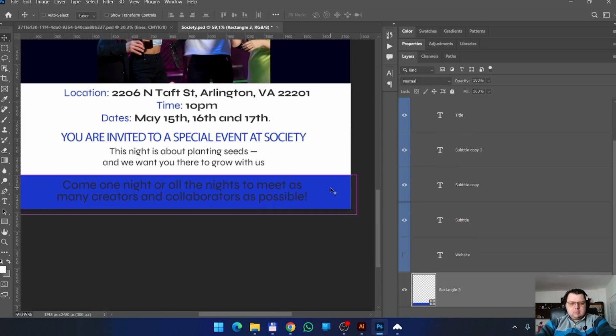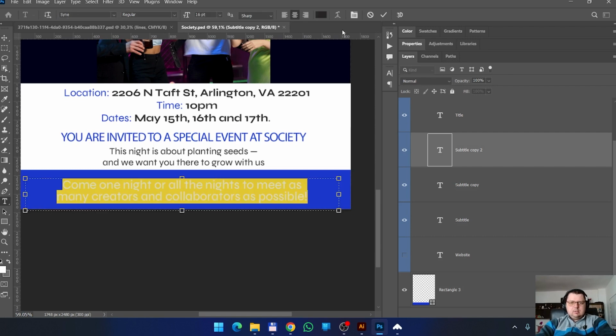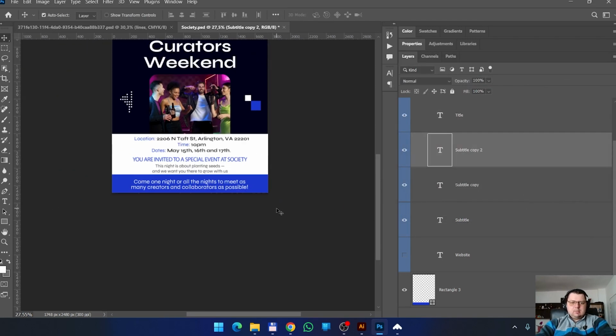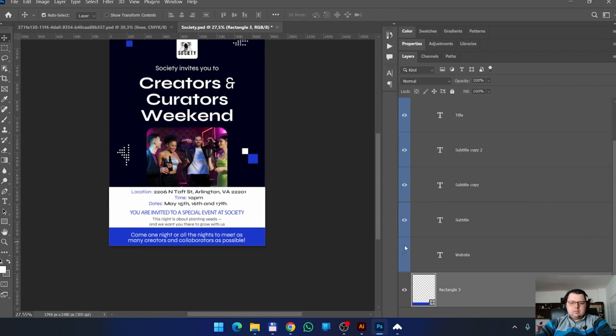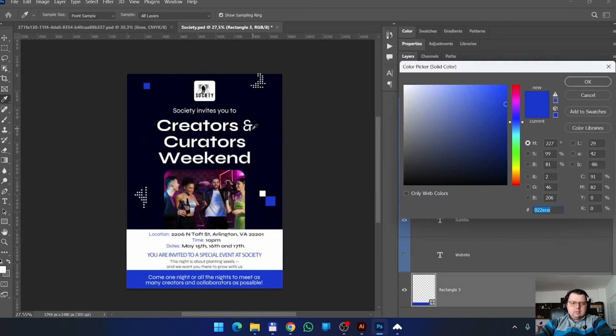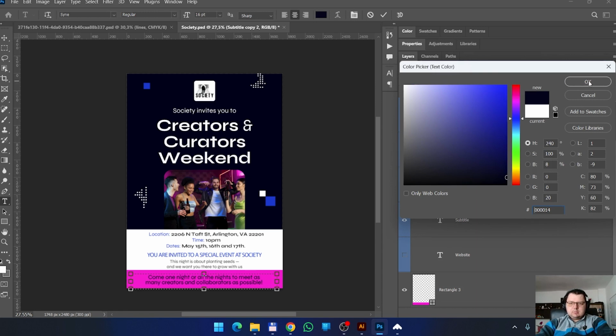Okay, so maybe do something like this and change the color to white. Yeah, I can't say that I like this color too much, so I'll try to leave it in black, or maybe this pink color. Let me try this color with this combination.